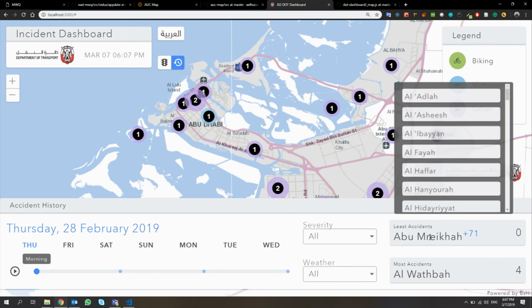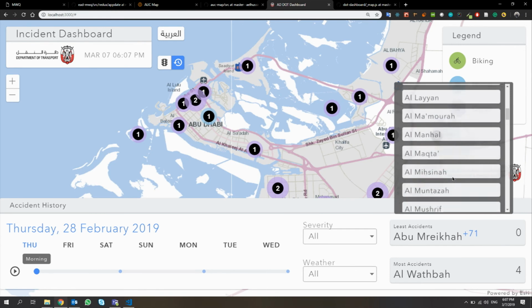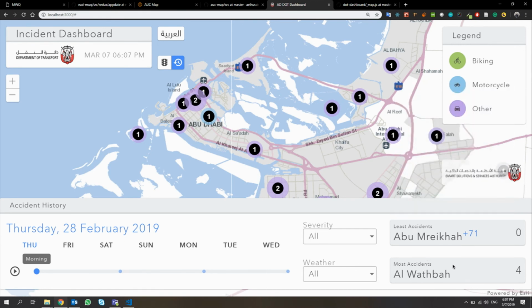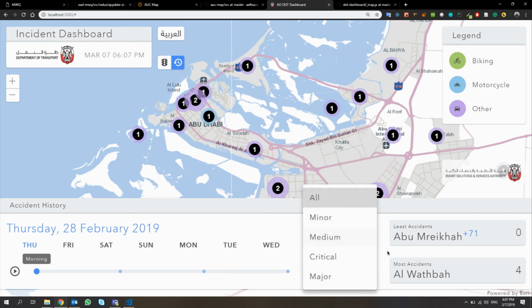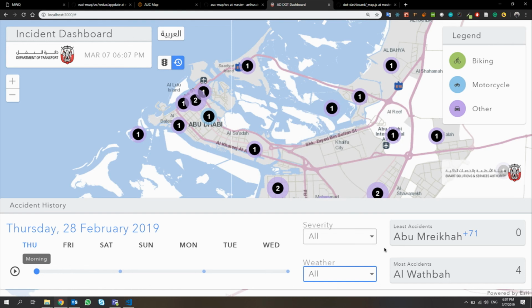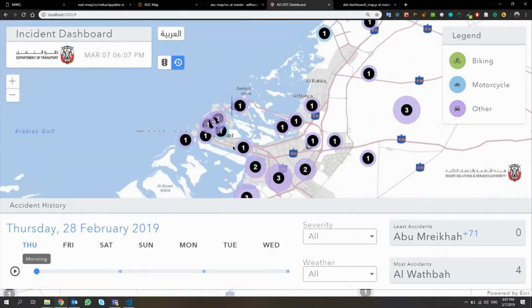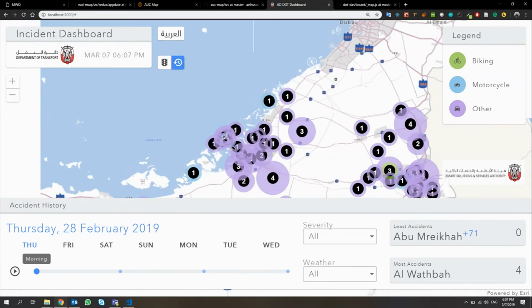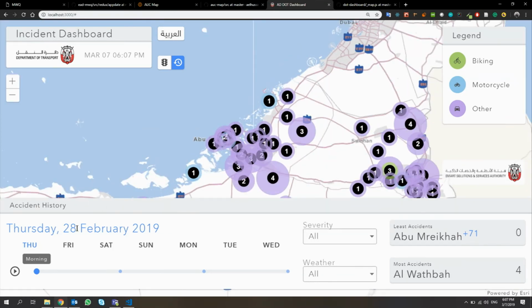We're seeing the areas with the least accidents and also the areas with the most accidents. And again, the users could also filter by the kind of severity of the accident and also the weather conditions when the accident happened. But we're mostly going to be focusing upon the actual time traveling. So the way it works is that the accidents you're seeing right now are those that happened on Thursday, the 28th of February, during the morning. And then when we hit play,